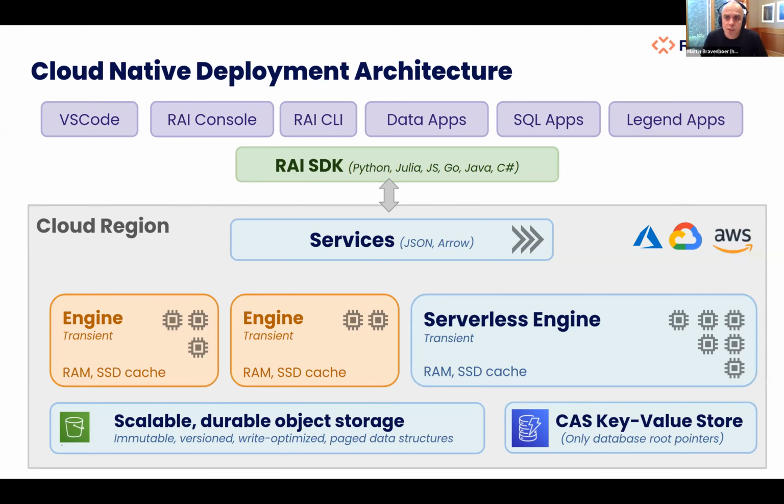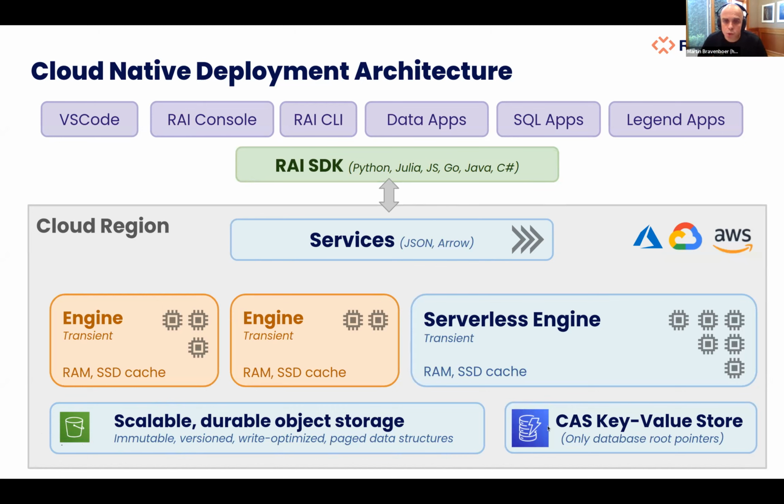This picture basically shows our cloud native deployment architecture. Databases are persisted in cloud object storage. You see it here at the bottom. It could be S3 or whatever other cloud provider has. Our data structures in there are paged, write optimized, and immutable. And the entire database, including the metadata, is versioned in there as a single versioned data structure, which gives us serializability.